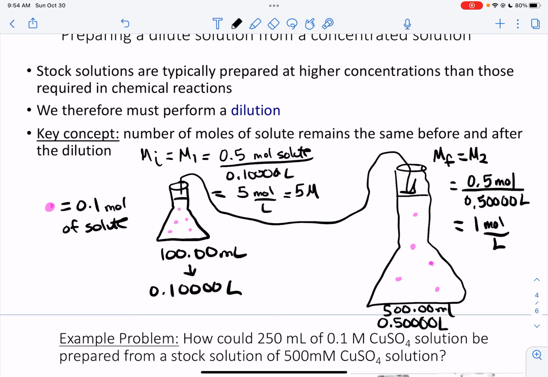Note that we still have the same number of moles. To determine the moles in a given volume, you can always take the molarity and multiply by the volume. So for example, for our concentrated solution, if we take the initial molarity, 5 moles per liter, and multiply it by the initial volume, 0.1000 liters, it becomes apparent that we have the 0.5 moles that we started with. Because this is true after the dilution as well,